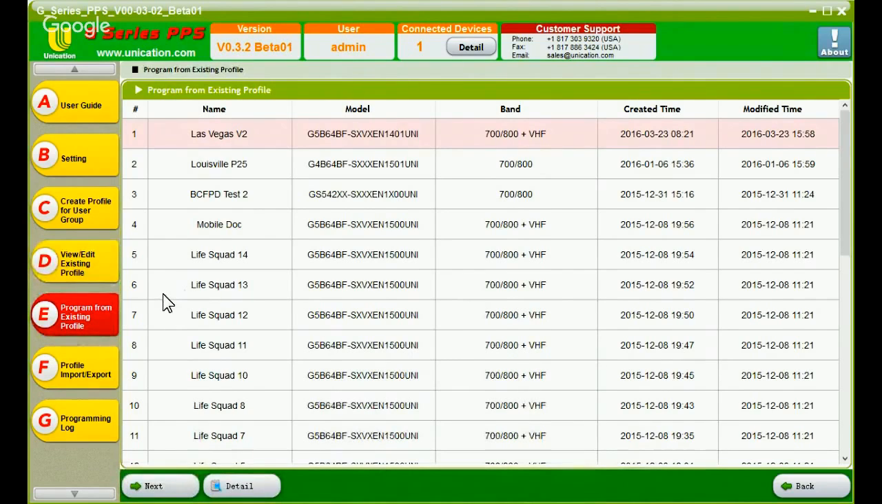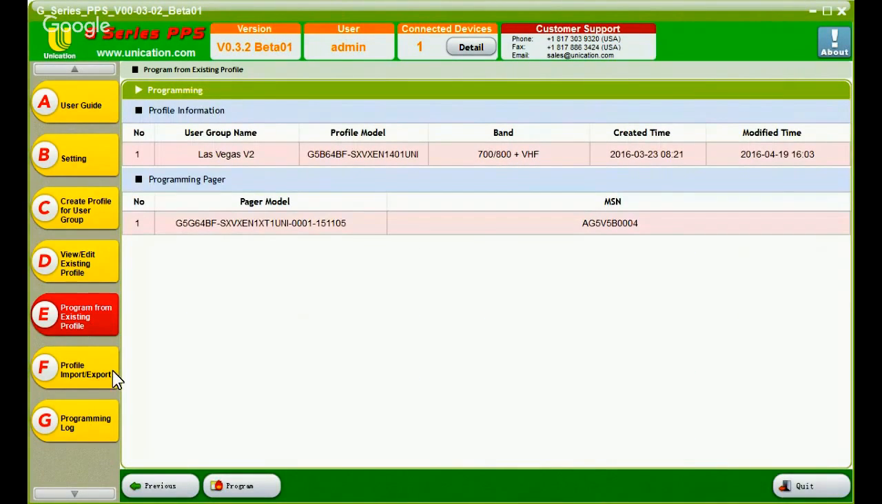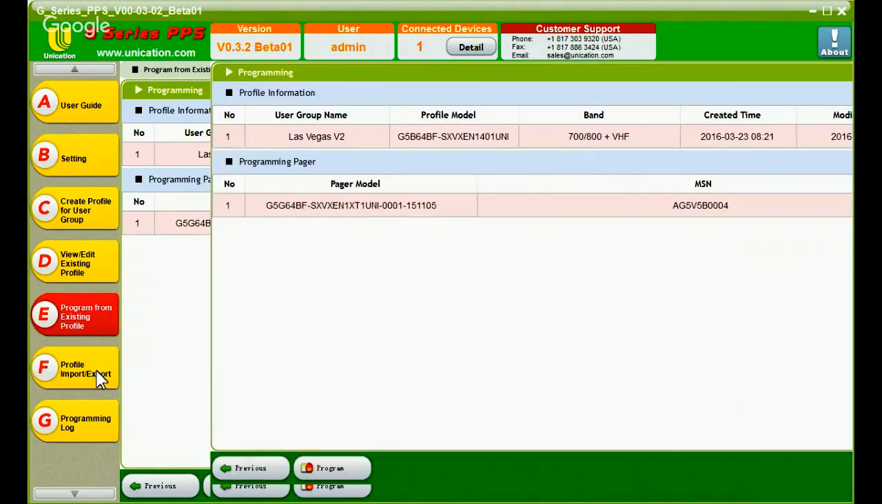As I said before, the E tab will allow you to program from these existing profiles. So essentially what it will allow you to do is program a unit by connecting it to your computer and clicking next, then it'll take you into where you can program the unit without even looking at the profile. Which looks like this. Tab F